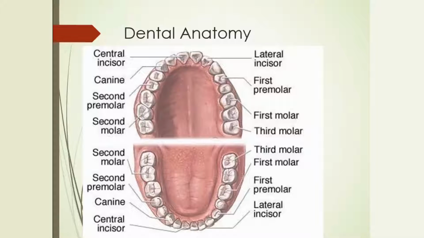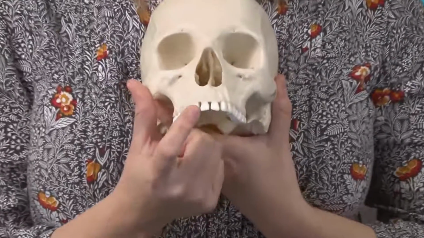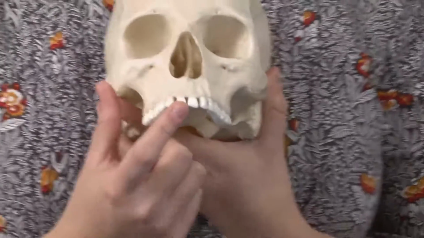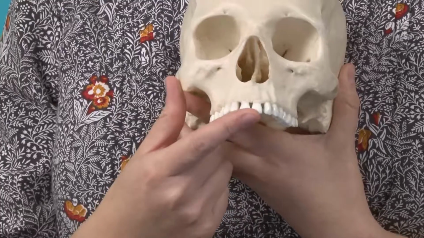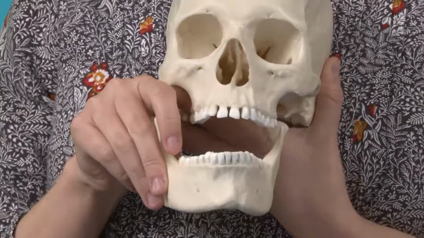You are going to need to know the teeth, how many we have, and where they're located. And the reason you need to do this is because you're going to be comparing them between species later on in the semester in your labs. So as adults, we have 32 teeth total. So we have 8 incisors, which are located in the front portion of our maxilla and mandible. You can also take a look at the picture on your PowerPoint. You'll have 4 on the top, and then 4 on the mandible.